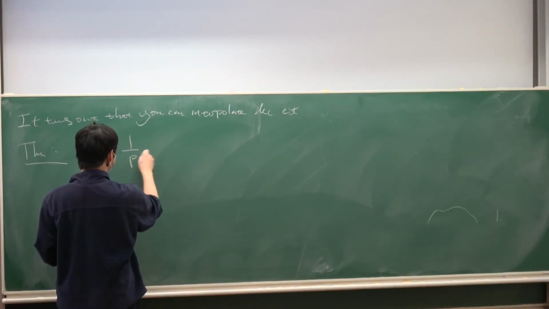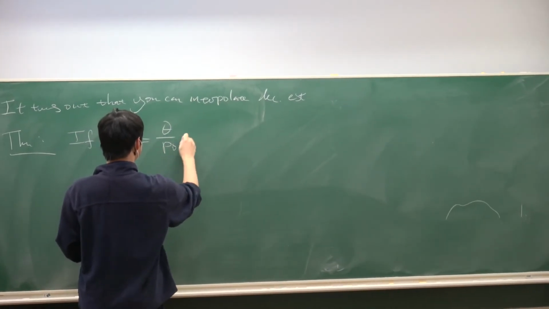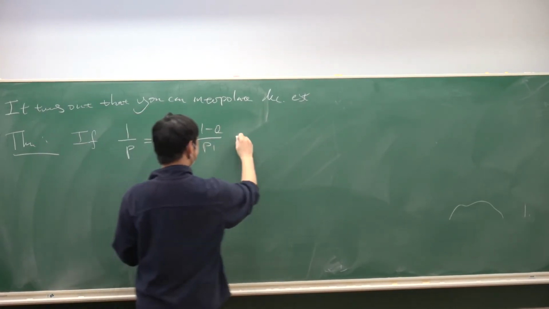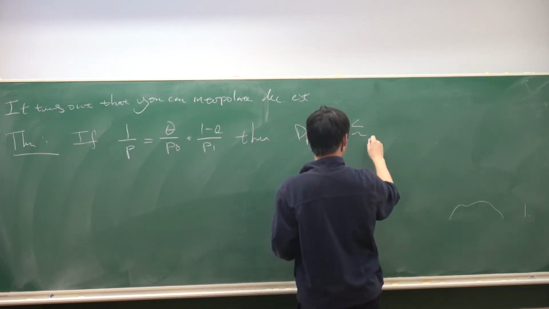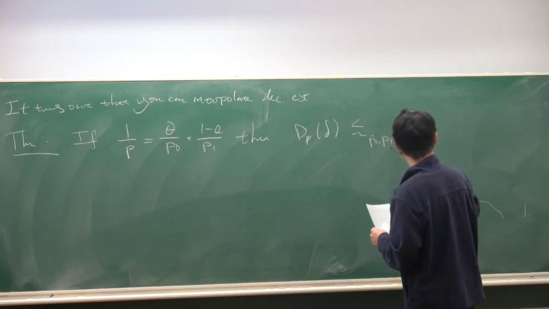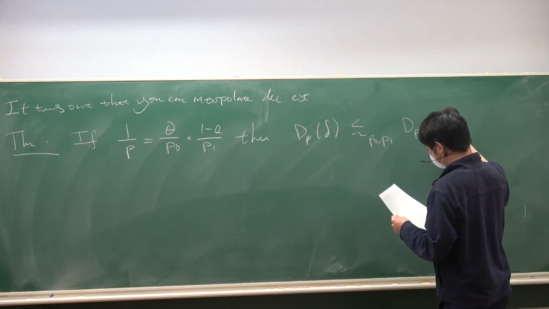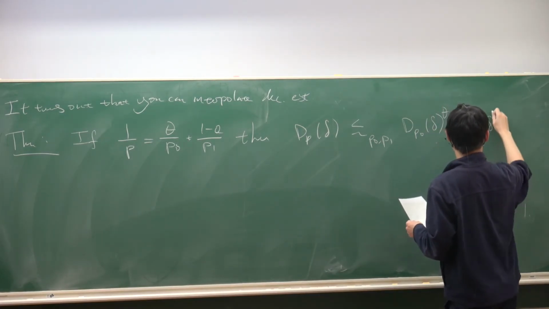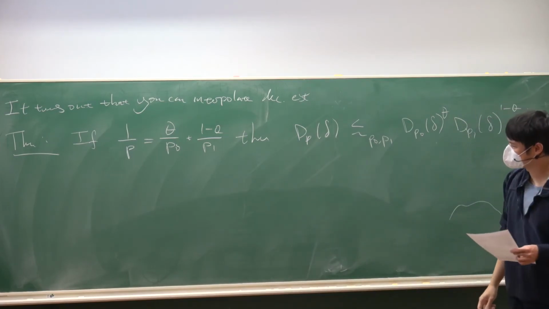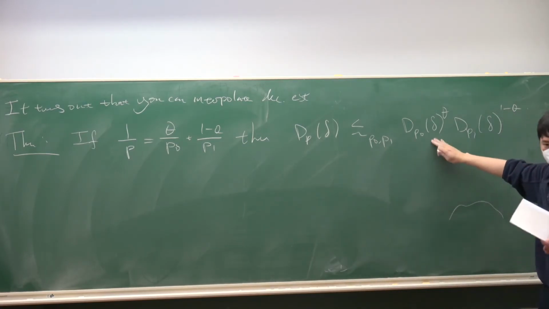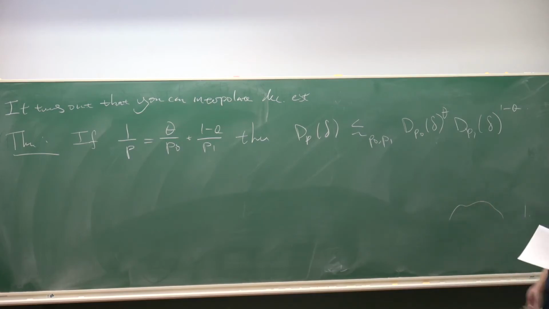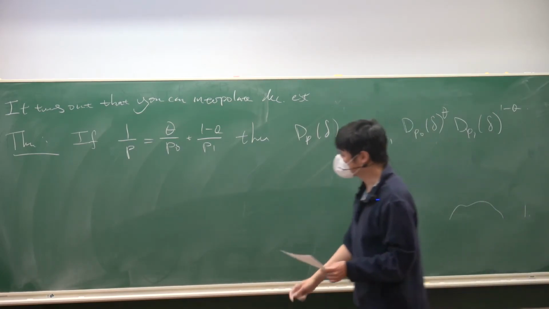So if 1 over p is theta over p naught plus (1 minus theta) over p1, then D_p of delta is controlled by some constant depending on p naught and p1 times D_p naught of delta to the theta times D_p1 of delta to the 1 minus theta. Upon writing this, I realized I've used theta for different things, but hopefully it's obvious from context. Okay, so this would be an estimate that, if I told you this was an operator norm bounded by operator norm to the theta, this looks like a typical interpolation estimate, right? And of course,